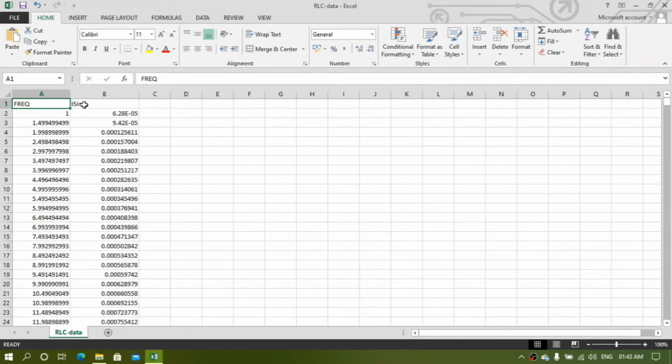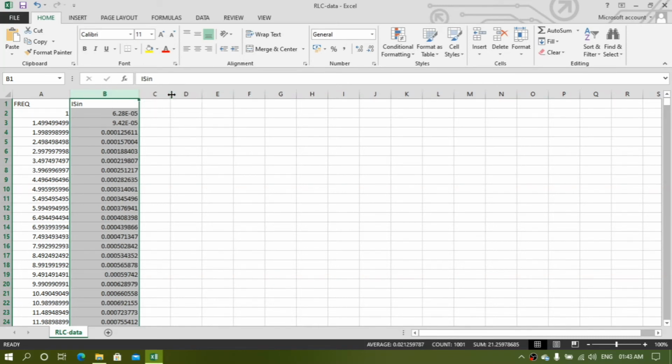So now what you will have to do, as we know, this is our current gain at B column. We'll have to multiply this gain with the input voltage.